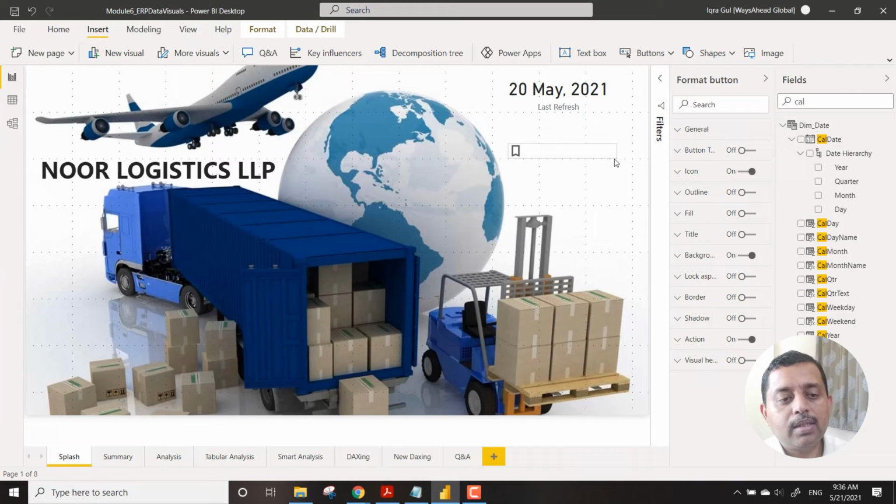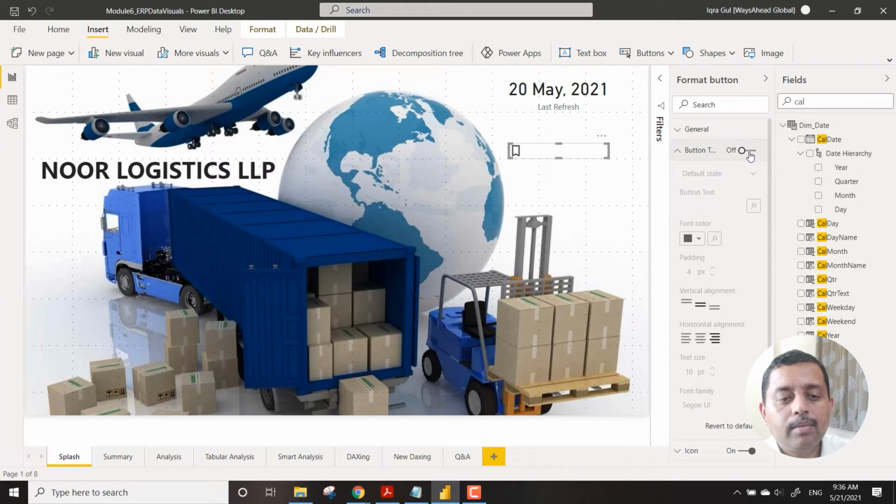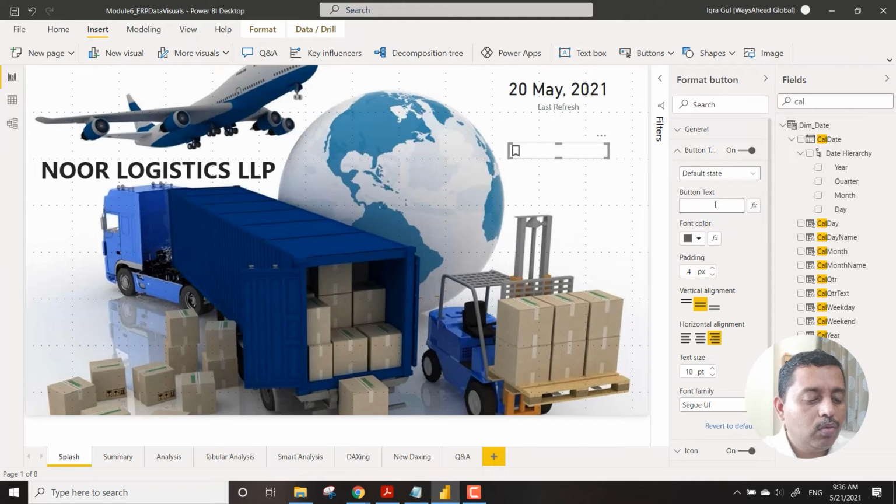The option is very simple. So what you can do is you can just try some text over here, and here you can say "take me to tabular analysis," something like this in the middle.